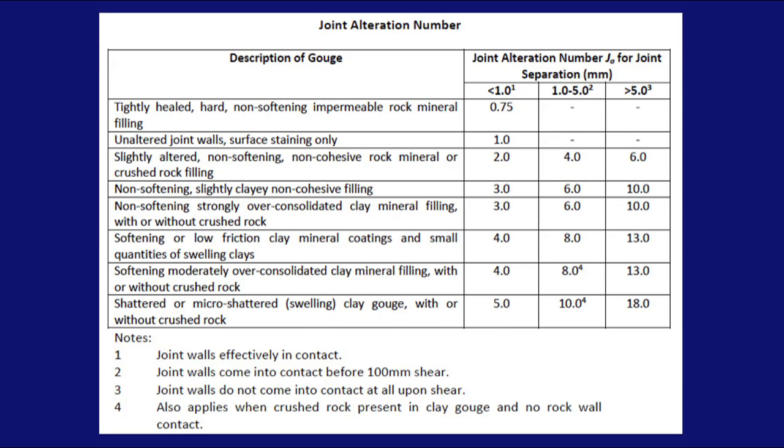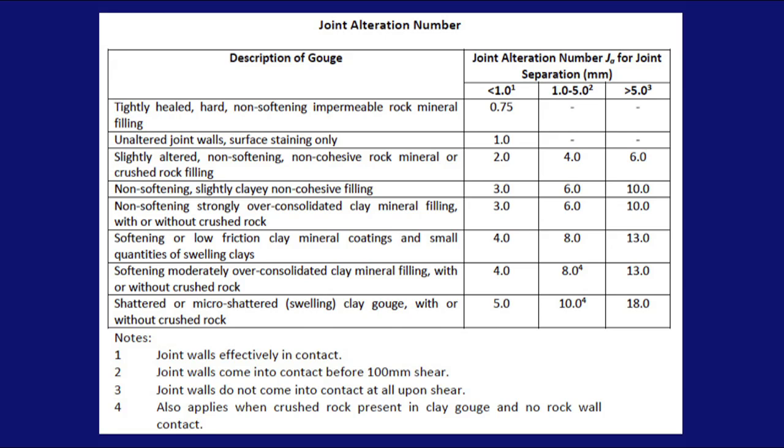The descriptions of the gouge, or the condition of the joints, associated with the joint alteration number are, the first one, tightly healed. That means that if you drilled through that joint, the core would actually be intact. We generally don't have that situation. Second description is unaltered joint walls, surface staining only. Third description, slightly altered, non-softening, non-cohesive rock mineral or crushed rock filling, and so on. And there you can see the corresponding numbers that correspond with those descriptions. So that's the joint